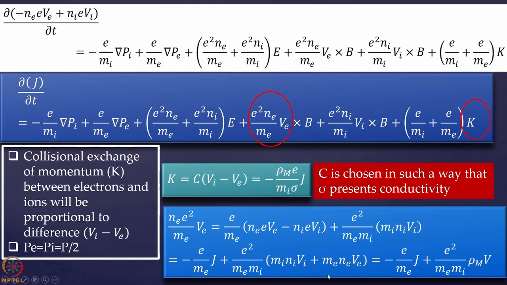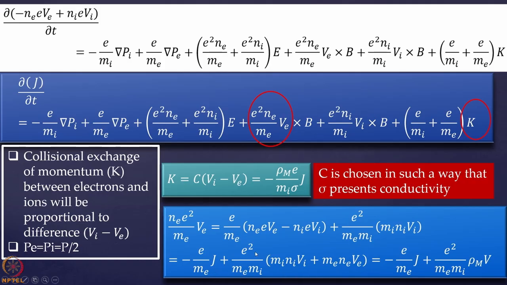You see that here m_e is the mass of the electrons, so it is more than 1000 times less than m_i. So compared to this term, if we are adding this term over here, essentially we are adding some term which is really negligible. So we are introducing a bit of error over here to reach some meaningful expression. So anyway, without any botheration, we have reached this minus e by m_e into J as per our definition.